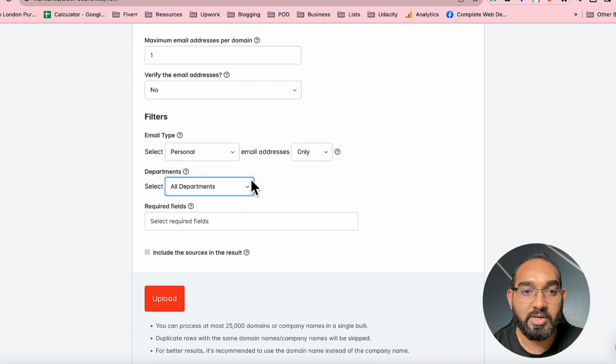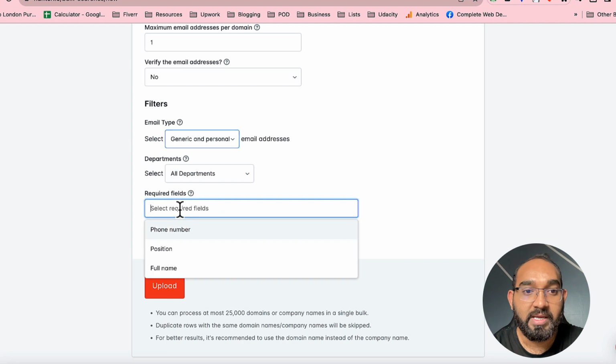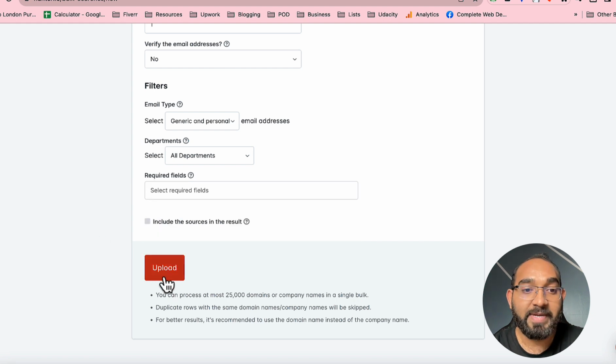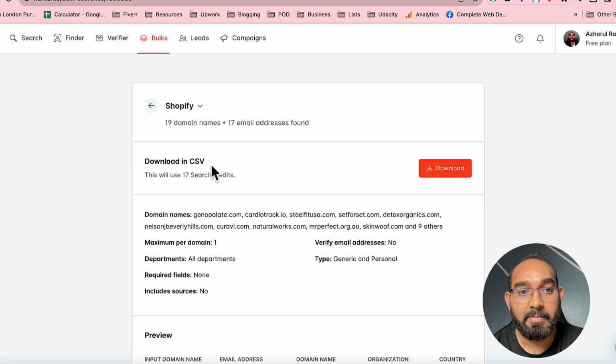So in this case, I'm going to select all departments, and I can select generic and personal. It's all right for me. And then the required field, if you want, you can put anything. Let's say if you want to get the phone numbers as well, position, full name. I don't need them. So let me click on upload, and after that you're going to see, just take a look,